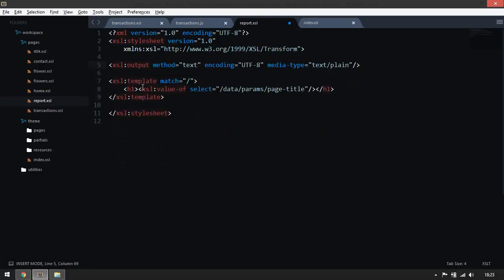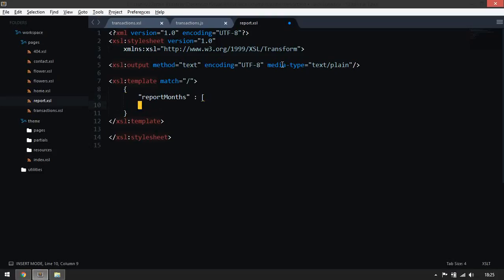So I'm just going to use this little command to output the text with UTF-8 encoding and media type text plain. And here in the template I'm going to get rid of all of this, and let's make the start of our JSON. So every JSON file should start with object notation, and in here we can say something like, let's call it report months. And in here we will create an array, and in this array we will have objects that contain the month